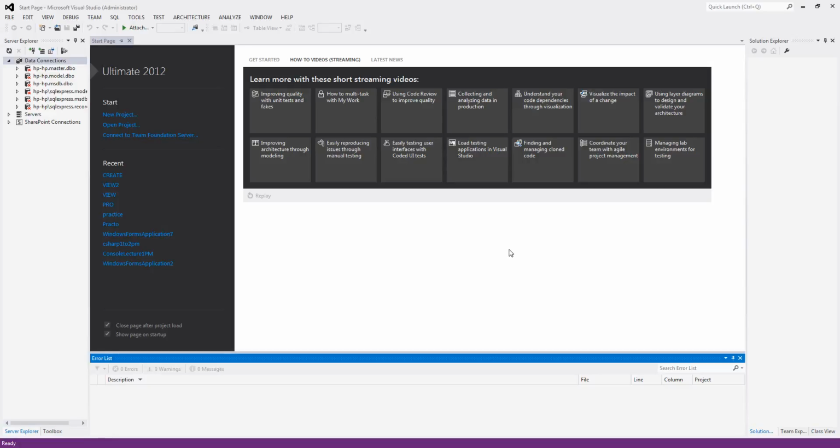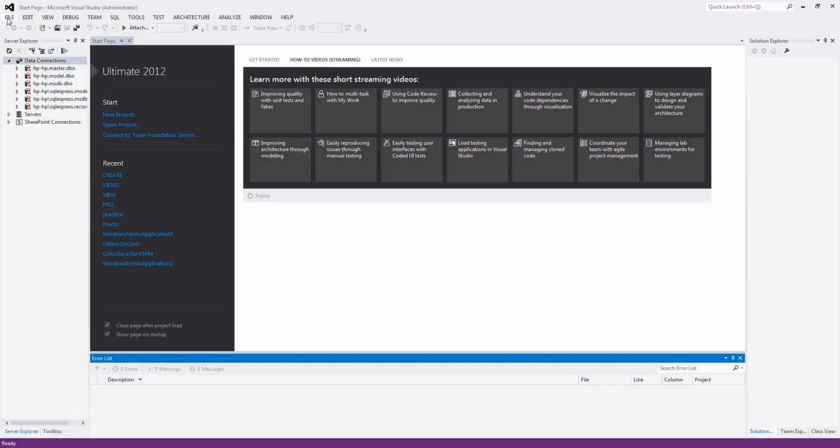Today I am going to tell you how to print a simple statement in C Sharp. But before that, I want to show you what this is. This is an IDE, that is Integrated Development Environment. I use Visual Studio 2012, but you can use any IDE. So let's see what options it provides to us.